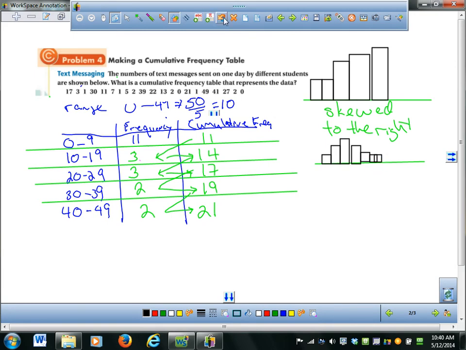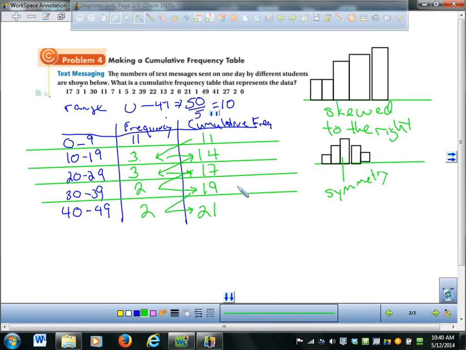If you have something that looks like this, it's called symmetric, because it's got the high point in the middle, and then it falls down on the sides. And the last thing they talk about is there's one more type that you'll see, and that one is